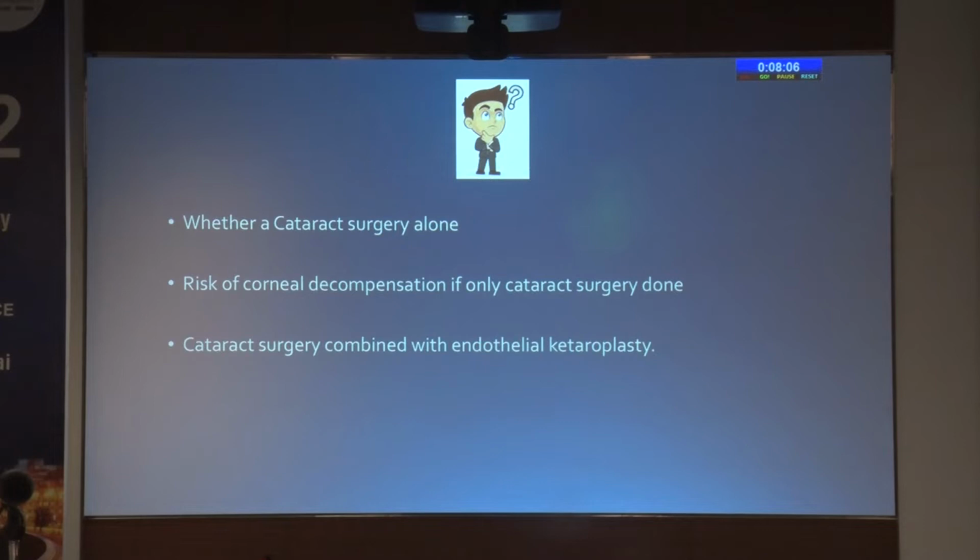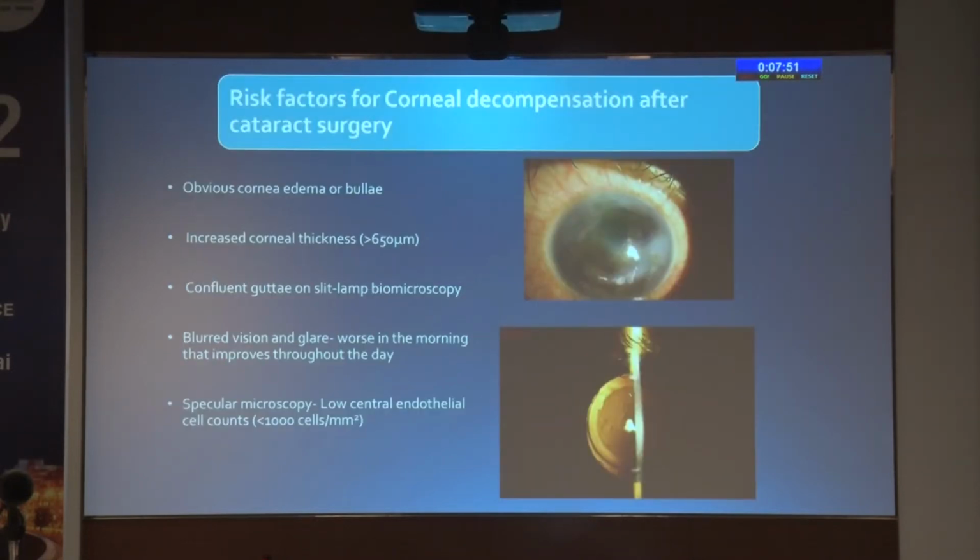When such patients come along with cataract, the biggest question is, what is the risk of corneal decompensation? Whether we should go only with cataract surgery or it has to be combined with endothelial keratoplasty. So before deciding the type of surgery, we should be aware of what the risk factors for corneal decompensation are